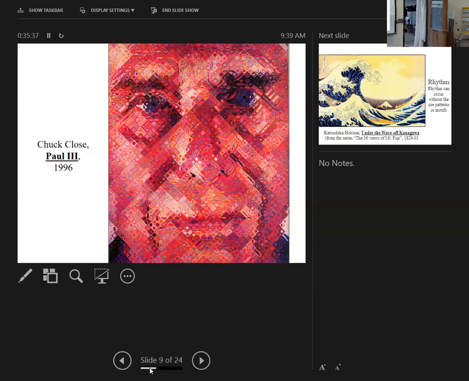So the way that he approached painting after his injury was to break it into some kind of a grid system. And, you know, regular grid systems are fine, but you get bored with that after a while. So he took the grid system and turned it on its edge. And so now he's dealing with diamonds instead of squares. And what he wound up doing was playing with this idea that he could manipulate a basic motif in every square of the grid system, so that each one of them would be a diamond shape with